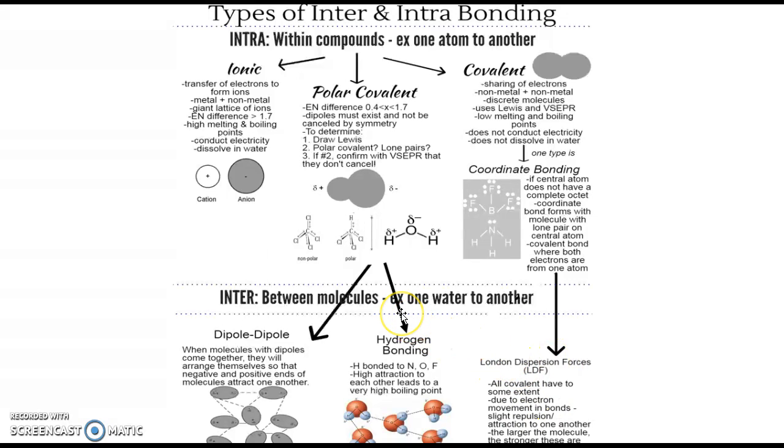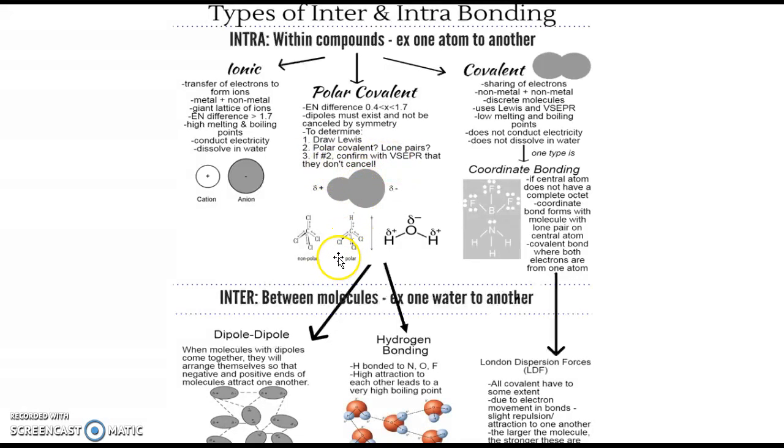So the thing that you probably haven't heard about is there's an in-between between ionic and covalent bonds. They're called polar covalent bonds. It has an electronegativity difference between 0.4 and 1.7. Dipoles must exist. We'll be talking about that in a minute. It cannot be canceled out by symmetry. To determine, you basically take these steps. So you draw a Lewis structure. You ask yourselves, are there any polar covalent bonds? Are there any lone pairs? And then if you have either of the things listed in number 2 here, you confirm with VSEPR that they